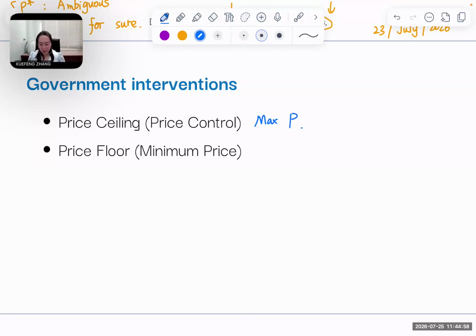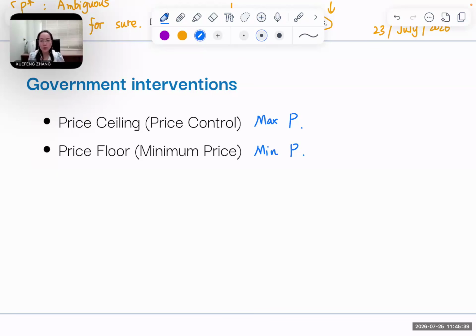The other way around, we have a price floor. This is the legal minimum price. Both of them are legal. Why? Because it's set by the government, right? Government says you cannot charge less than this. Think the minimum wage, which sets a floor above the natural equilibrium. Same idea in both cases. The government is forcing the price away from where supply and demand would naturally land it.